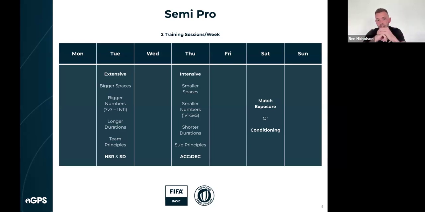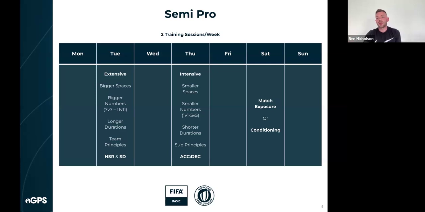So if we just have a quick run through the Tuesday and Thursday and the differences from a physical and a tactical perspective, you can see that Tuesday I've badged as extensive. You could call it your bigger day, your match prep day, your team prep day, however you want to frame it. That's basically us trying to achieve, from a physical perspective, overloading the high-speed running